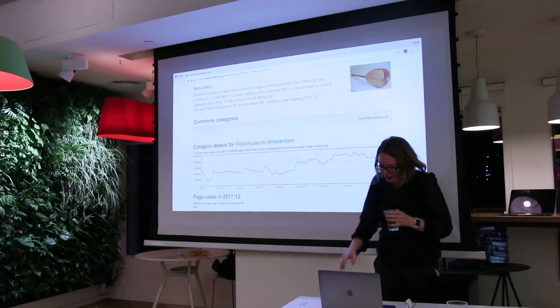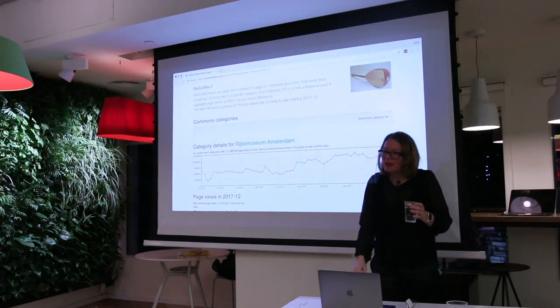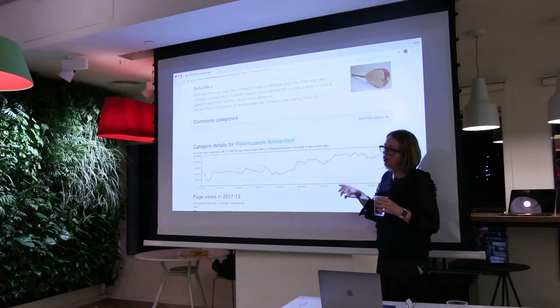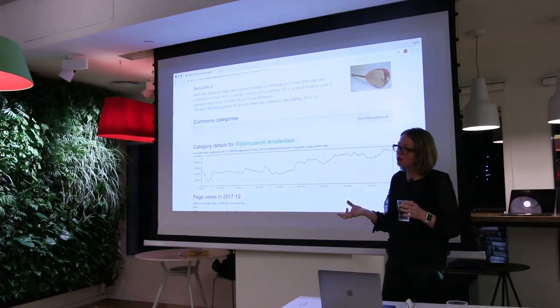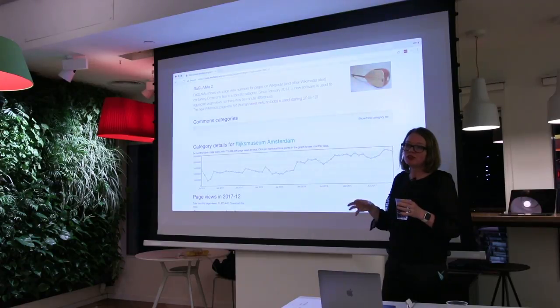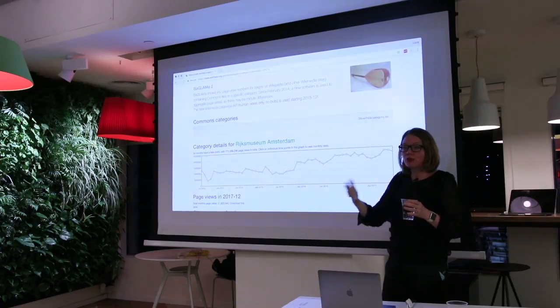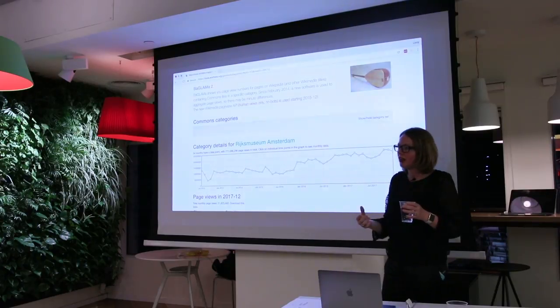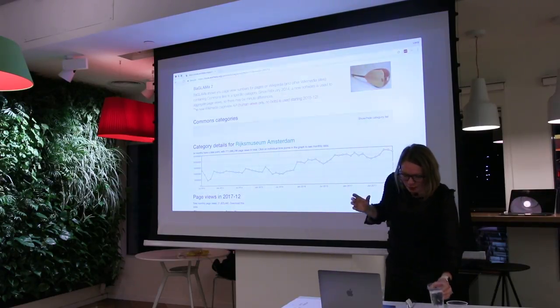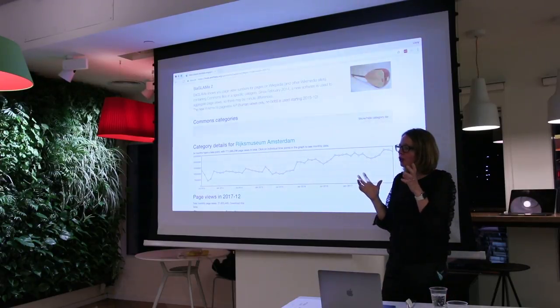And I don't think I have it, but there's another statistic, and it shows you what are your most popular items on Wikipedia. And that's amazing too, because it's completely different to what your popular items in your galleries are. So the Night Watch is the most important image of the Rijksmuseum, and everyone that goes to the Rijksmuseum goes to see the Night Watch. But on Wikipedia, there's a painting of a canoe on a ship.